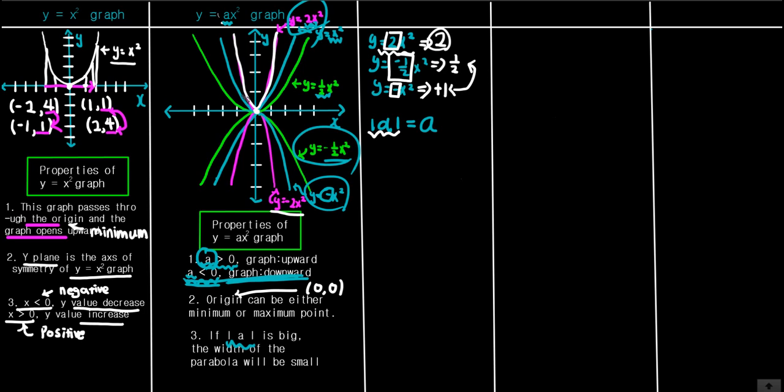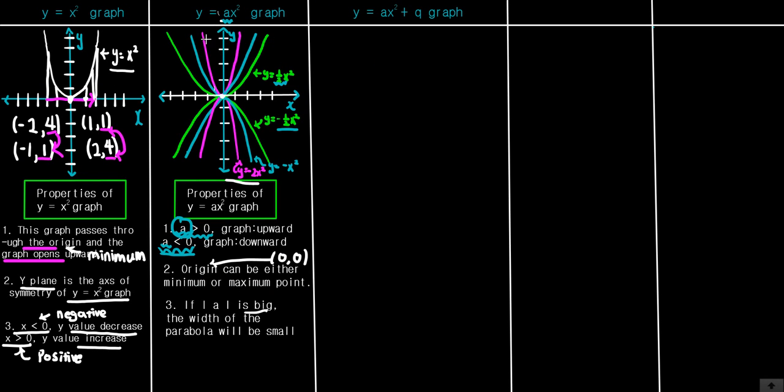But if you actually prove that, it is right: the y equals negative x squared graph that I'm pointing out has a width smaller than the y equals 1 over 2 x squared graph that I'm pointing out. So we actually proved that if the absolute value of a is big, the width of the parabola will be small. Now, let's think about the y equals x squared graph